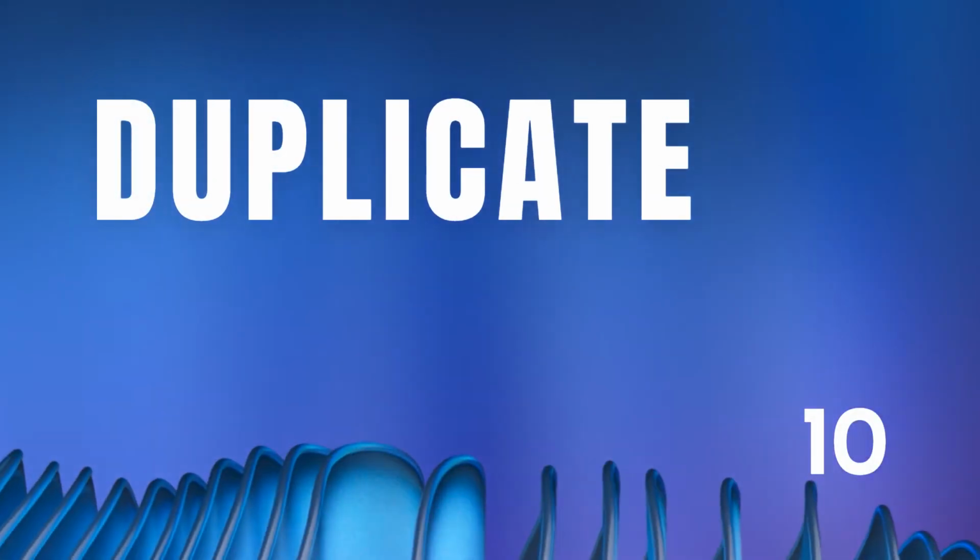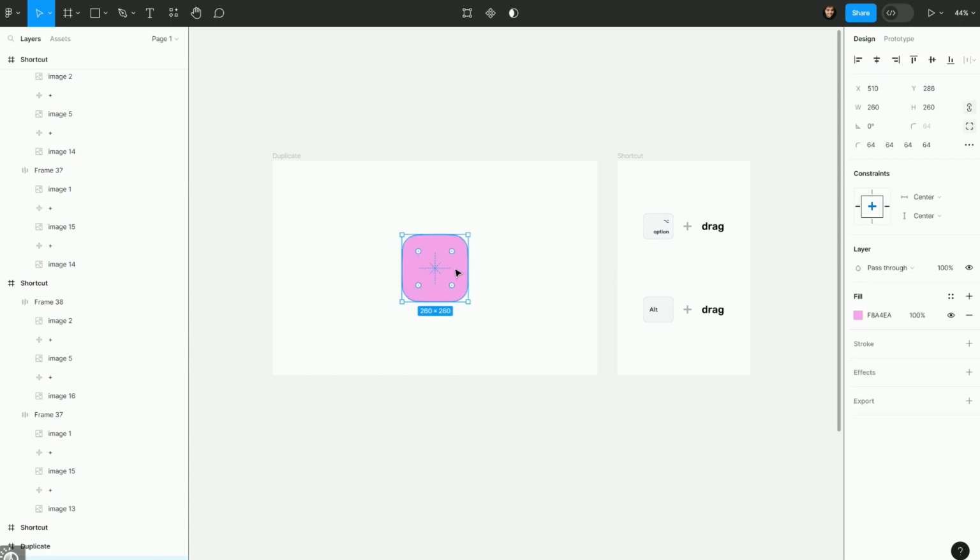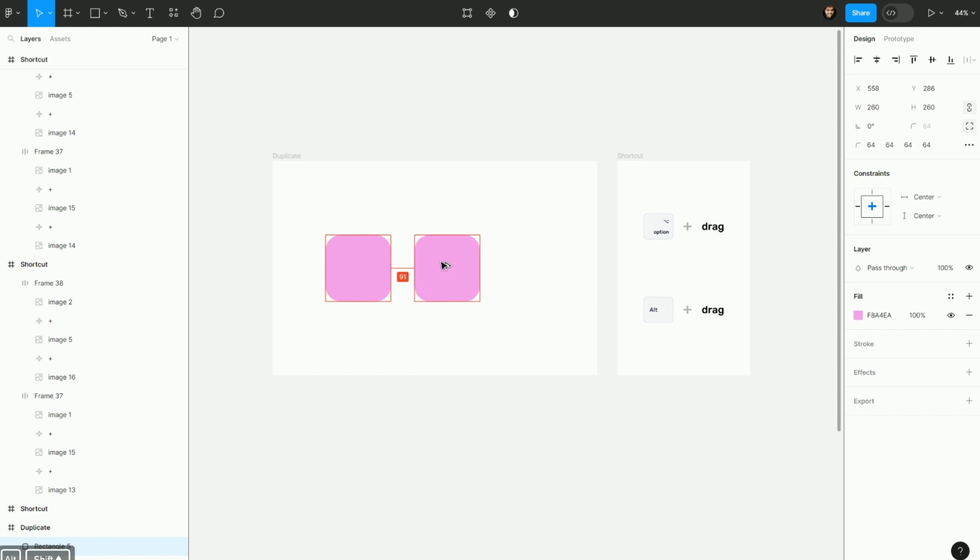On number 10, we have duplicate. So what you can do is basically, if you're on a Mac, you hold Option and drag. If you're on a Windows machine, you hold Alt and drag. So you just select your object, you move it around just as you do, and then if you want to duplicate, you just hold Alt or Option on your keyboard, then click and drag anywhere you want to